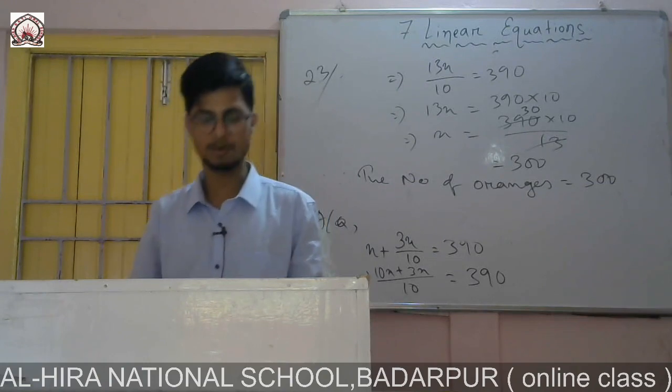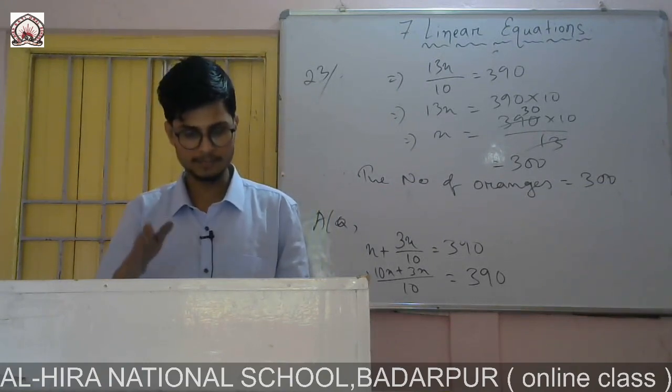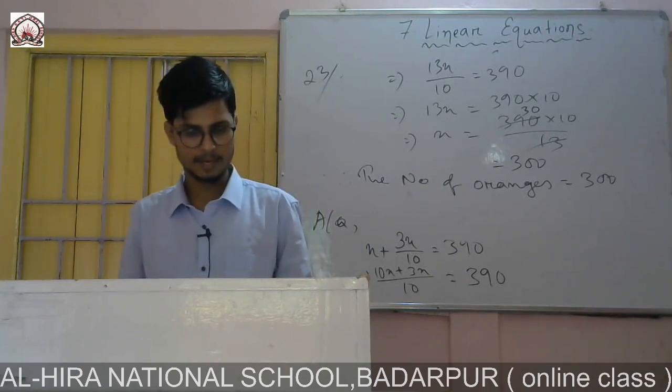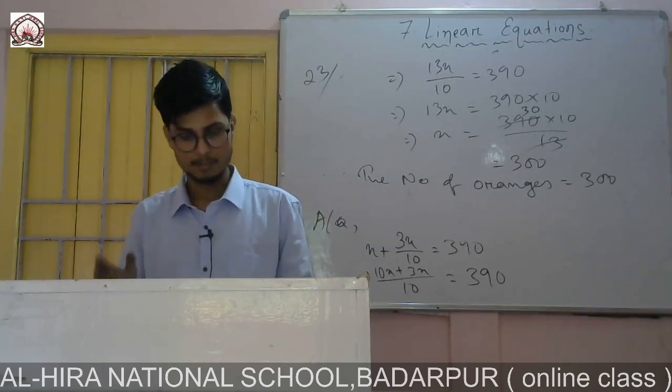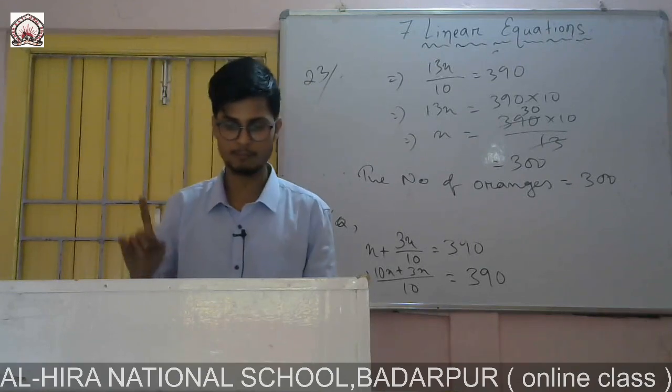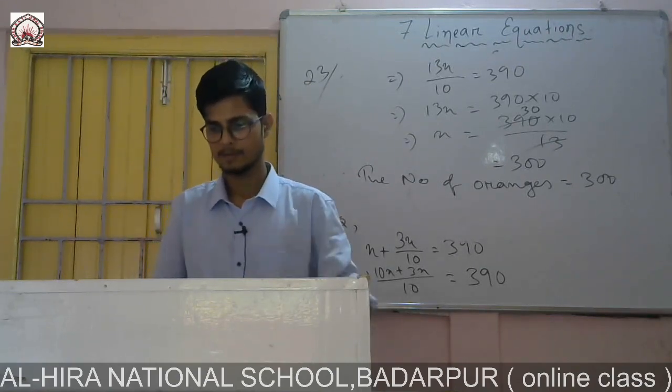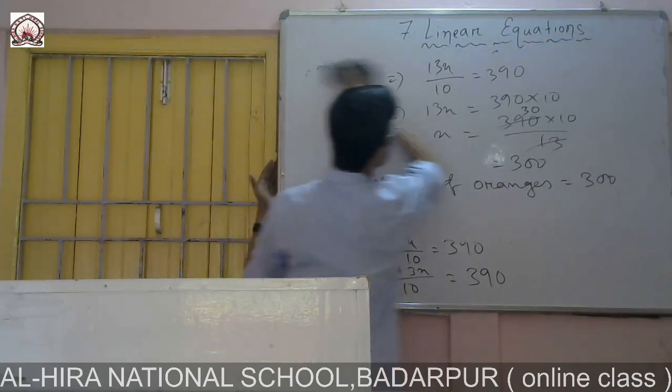Okay, the last question of this chapter, question number 27. 9 persons went to a hotel for taking their meal. 8 of them spent rupees 12 each over their meals, and the 9th spent rupees 8 more than the average expenditure of all the 9. So what was the total money spent by them? So let me do the sum.